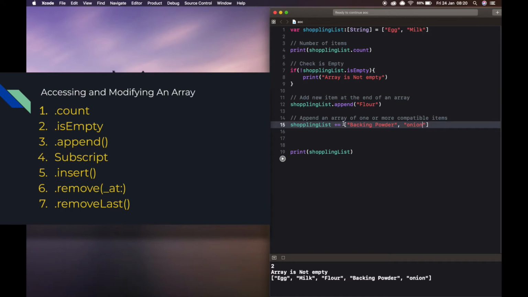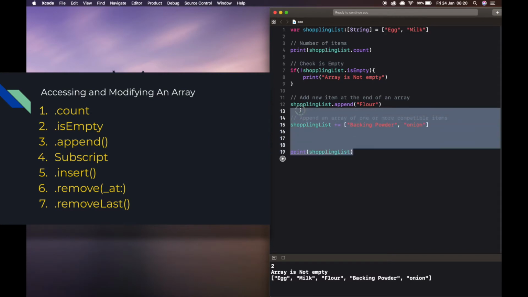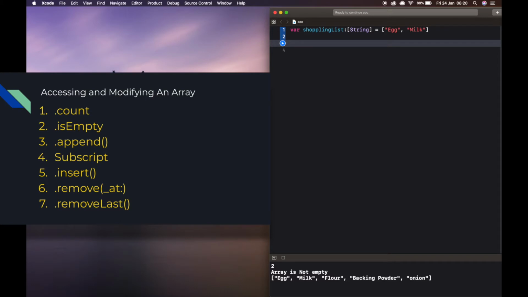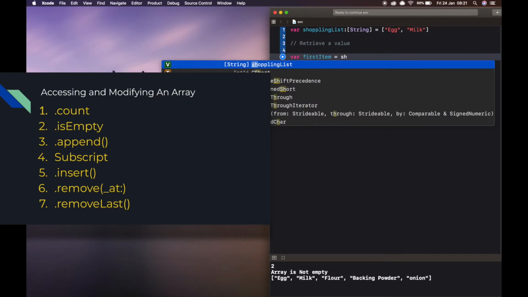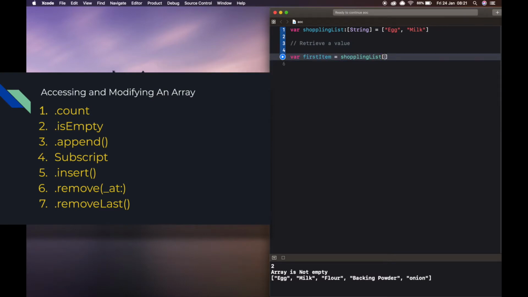Next, how we can retrieve a value from the array using subscript syntax. I am going to delete all of this. Okay, so we need to retrieve a value. For example, I am going to retrieve the first element. Equal to shopping list subscript with the index; the first element index will be 0. Got it? Print first item, that will be egg. If you want to get the last element, we can simply put